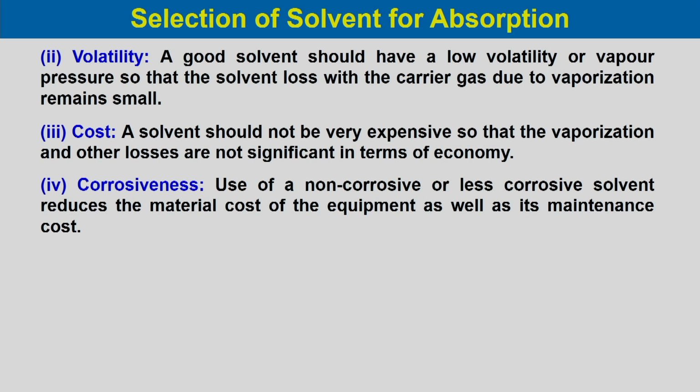But if it corrodes, like hydrogen sulphide, if it is present in appreciable quantity in amine solvent, then it corrodes the mild steel arrangement, so carbon steel if we use. So, material of construction is important in case of amine solvent and hydrogen sulphide gas. In that case we have to use expensive stainless steel material, which will increase the overall cost of the plant. So, corrosiveness of the solvent is very important.